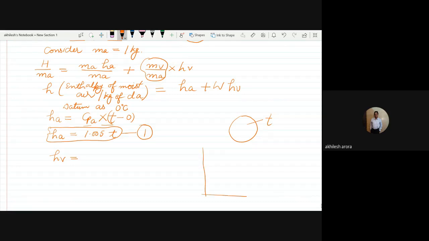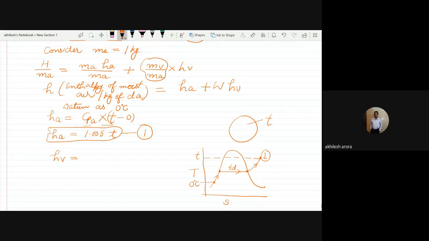I am drawing here a TS diagram for the moisture. Now this is the superheated water vapor which is present at this particular temperature T, and this temperature is nothing but dry bulb temperature. यहाँ पे TD है, और ये जो टेम्परेचर है, ये 0 डिग्री सेल्सियस है, क्योंकि 0 डिग्री सेल्सियस को मैंने रेफरेंस माना हुआ है. तो इसका मतलब है कि सबसे पहले मुझे वाटर को 0 से TD टेम्परेचर तक हीट करना पड़ेगा. उसके बाद यहाँ पे लेटेंट हीट ऐड करनी पड़ेगी, यहाँ पे वेपर बन जाएगा. उसके बाद यहाँ पे सेंसिबल हीट ऐड करनी पड़ेगी अप टू टेम्परेचर T. तब एयर की एंथैल्पी कैलकुलेट होगी पॉइंट नंबर 1 पे, जो कि सुपरहीटेड स्टेट है टेम्परेचर T पे.